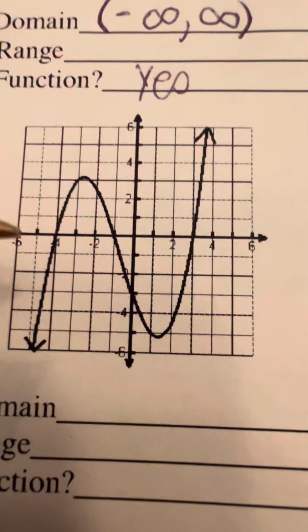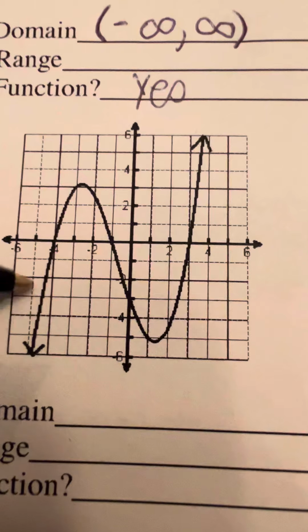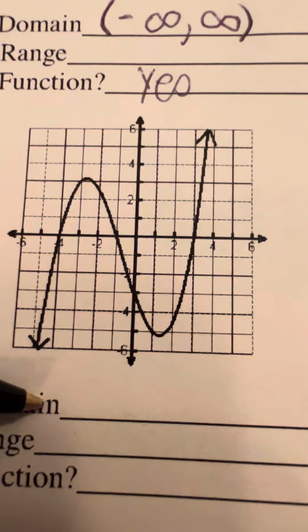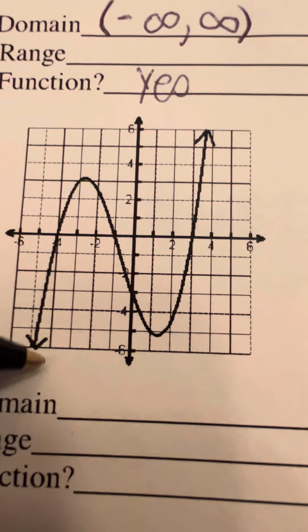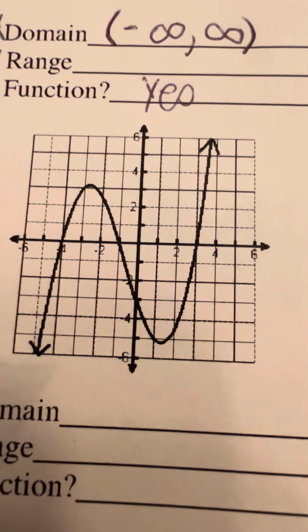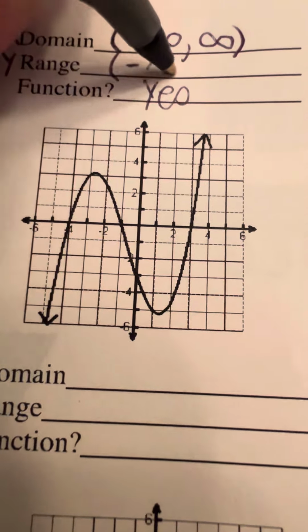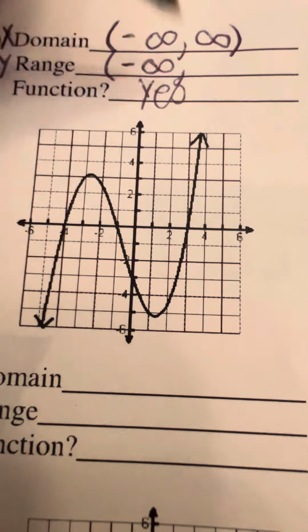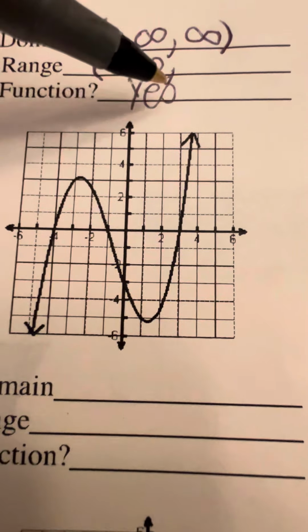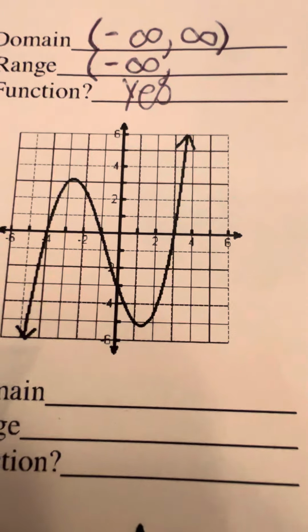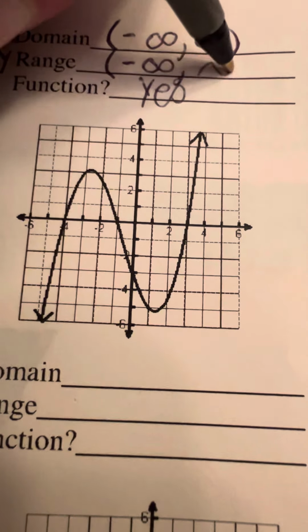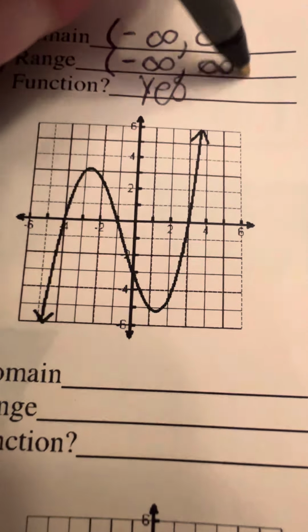And then when we look at the range, the same thing is going to happen. This is going down forever and ever. It's never going to stop. Because you're going down to the negatives, we're talking about negative infinity there, also with a parentheses or curved bracket. And then because it's going up on the y-axis forever and ever, it's going to be positive infinity, and you'd have that